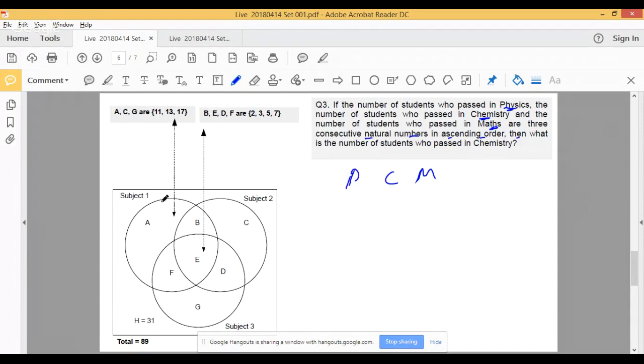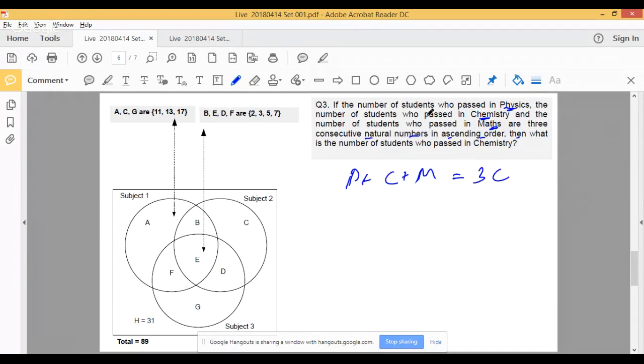Number of people passed in physics, that's A, B, E, F. Number of people passed in chemistry, that's B, C, D, E. Number of people passed in maths, right? They are 3 consecutive natural numbers in ascending order, right? Now, what do we know? They are one after the other, which means the sum of these 3 should be 3 times the middle number,